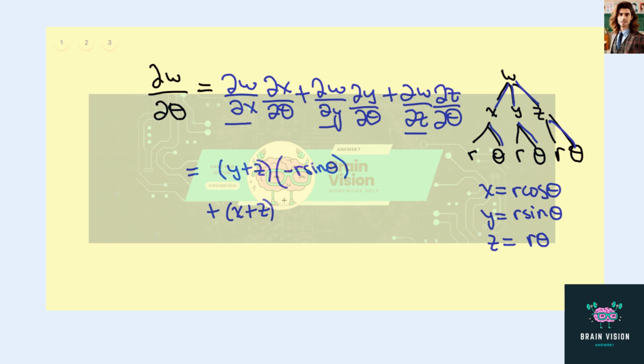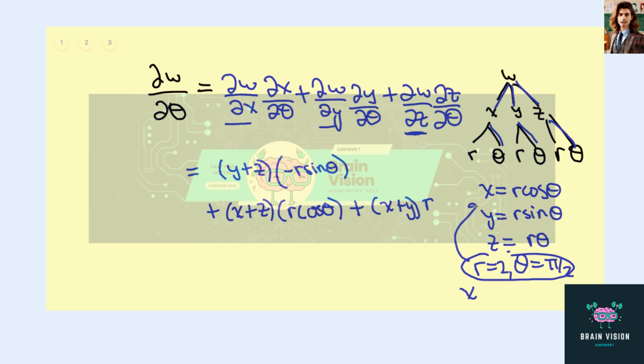Derivative of y with respect to theta, and this derivative was also computed, x plus y, and then dz over d theta, that's just r. And so remember our values, and that these implied, if you plug these in for x, y, and z,